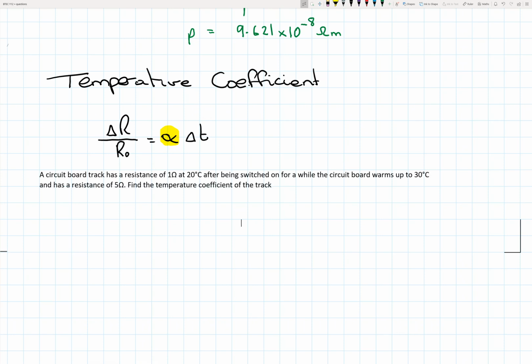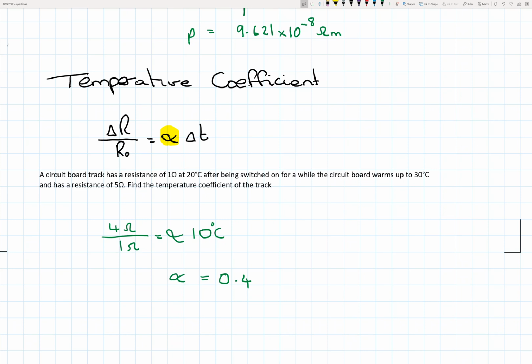So if we look at this example here, our change in resistance is going from 1 ohm to 5 ohms. So the change in resistance is 4 ohms, divided by our original resistance, which is 1 ohm, and that is equal to our temperature coefficient that we're looking to find, multiplied by delta T, the change in temperature, which looks like it's going to be 10 degrees. So there we have it: 4 divided by 1, and then divide the whole thing by 10. So our temperature coefficient is